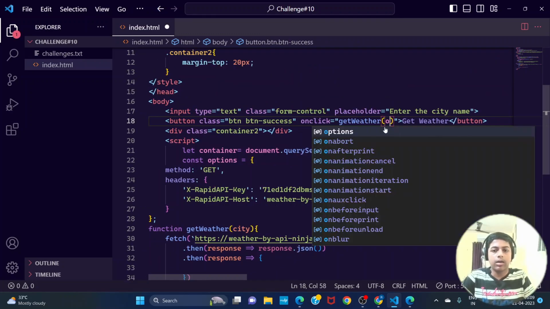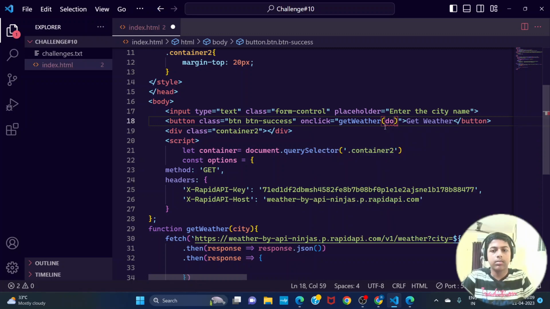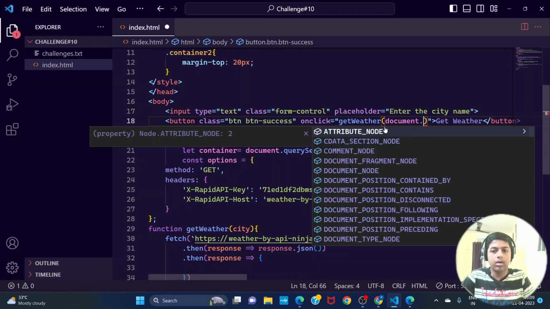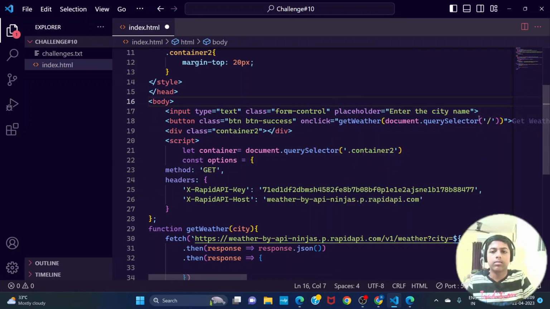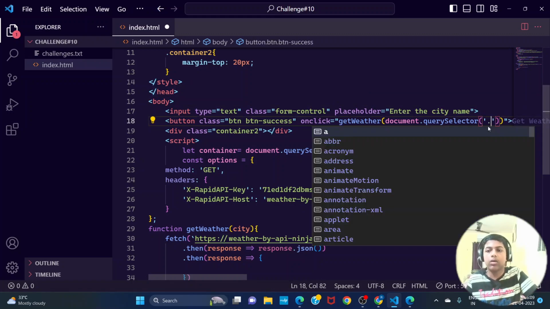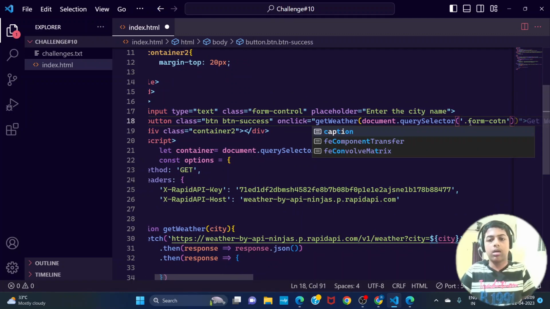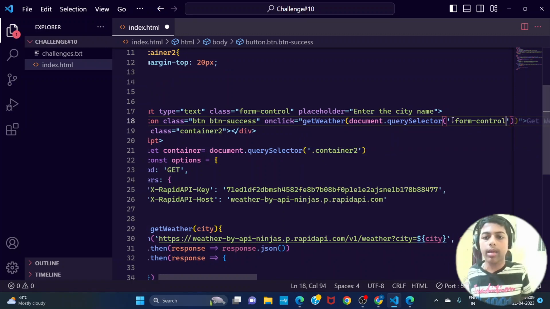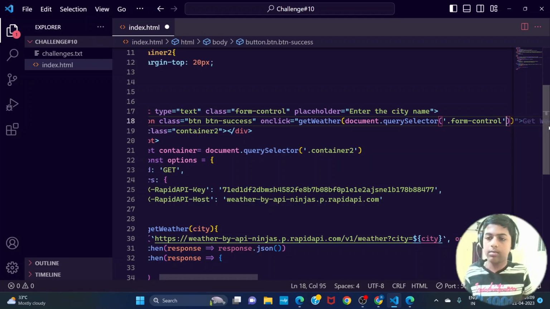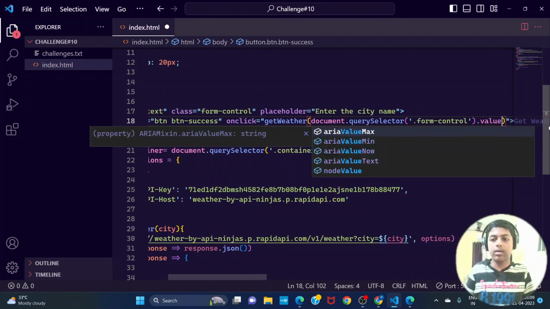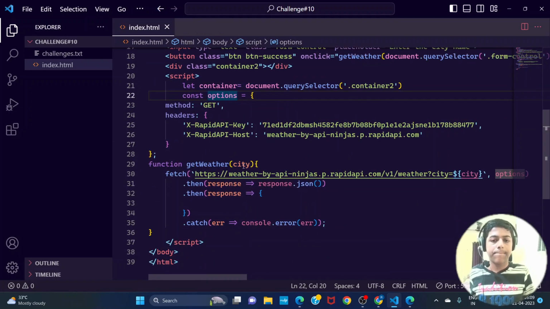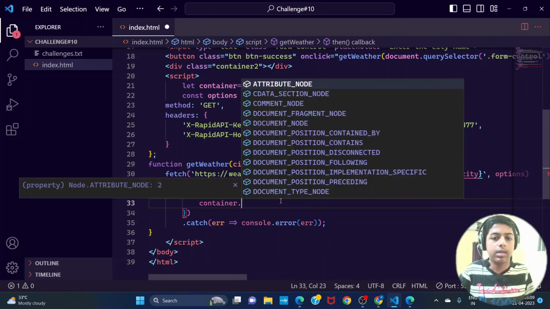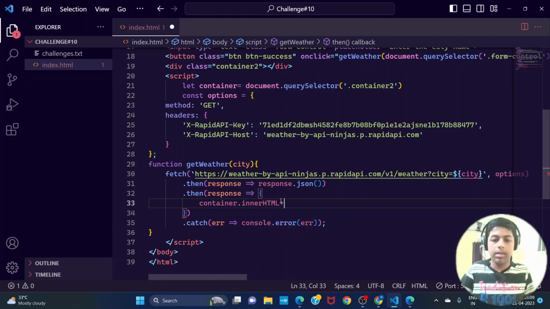city, the document dot query selector dot form control. Let's say form control. That's it. Form control dot value. That's it. Now what we are going to do is the next thing. Everything is going fine, right? Now here container dot inner html plus equal to,